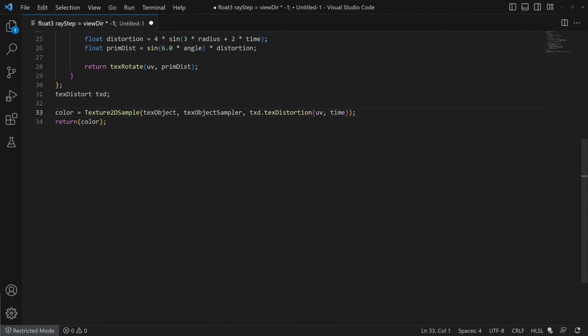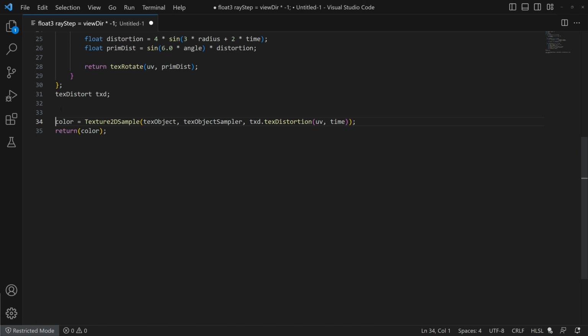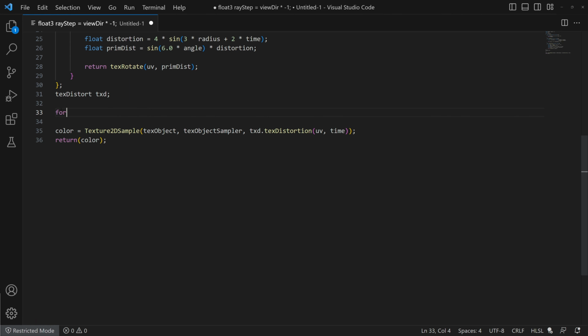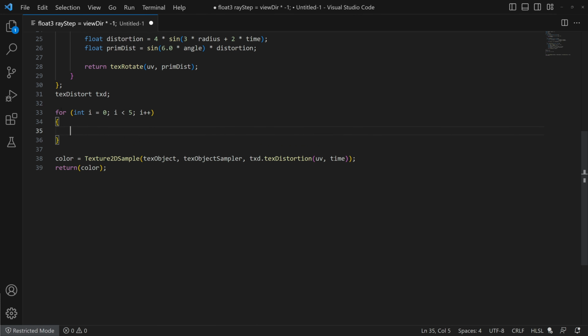And down here we're going to take our color. We don't need to define it anymore here, but what we're going to do is put it into a for loop. So I'll go in here and I'll do for, and I'll do int i equals 0. And if i is less than 5, that's the number of slices we're going to draw. So we're going to draw 5 slices in depth. i++. And then inside this for loop,